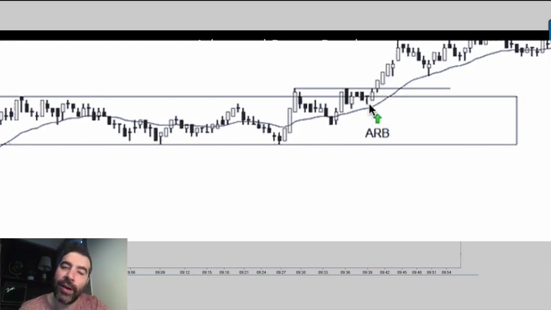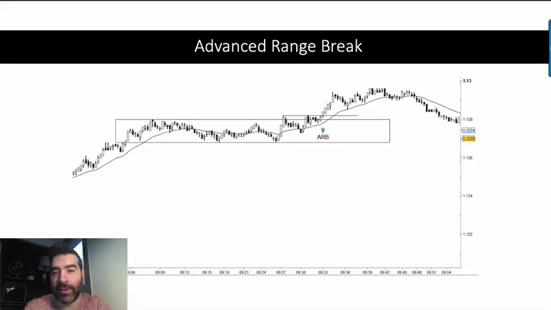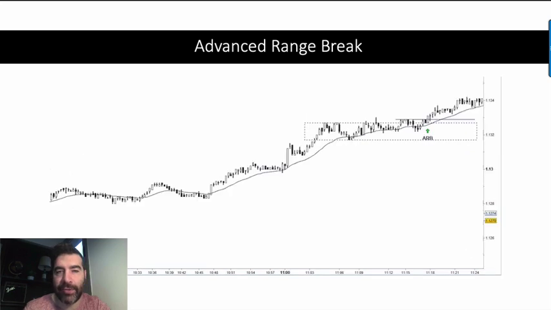On that trade, on that candle that goes out, it's a little bit far from the EMA, but it's not too bad. And you definitely see the pressure. It's like pushing against that top, like a new top, and that's what we would call an advanced range break, which again is a breakout and a retest, and then a new range, a new small little block on top of the range. Here's another example of it.